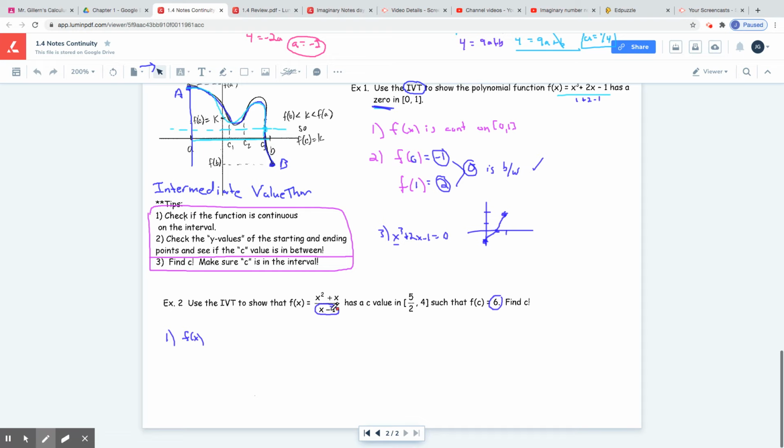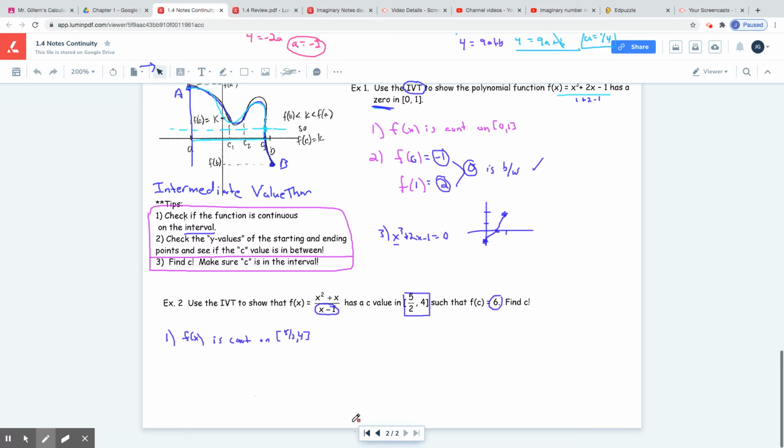So at 1, you would have an asymptote. However, notice 1 is not on my interval. That 5/2 is 2.5. So 1 is not between 2.5 and 4. Therefore, it's not continuous for all reals, but I don't care. I just care that it's continuous on the interval. So I write f of x is continuous on the interval from 5/2